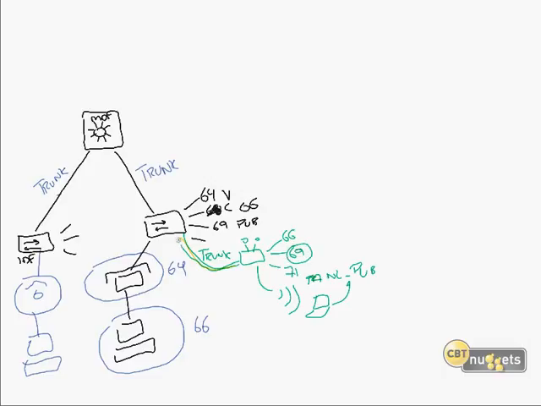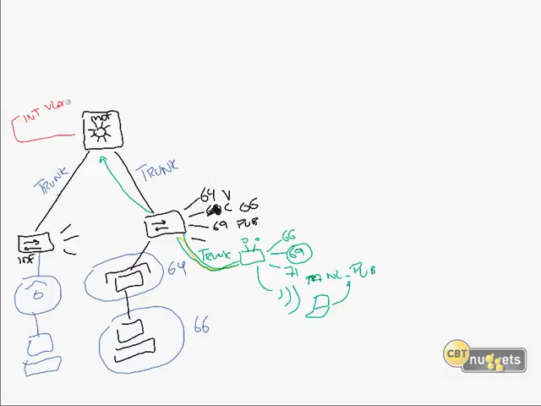Comes across the trunk on VLAN 69 up to here. Now this guy is special because he is the router for the entire network. And I'm writing this down: Layer 3 switching. Be a great topic to talk about later. This guy's gonna have an interface